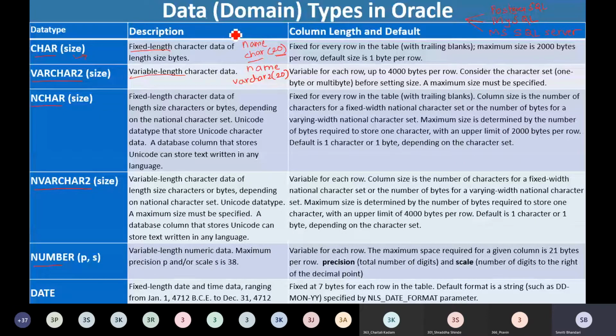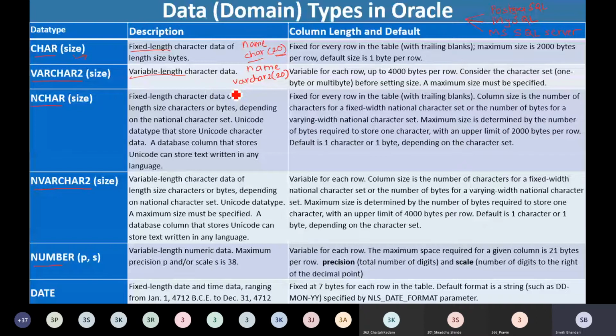Whereas varchar2, as I stated, allows us to use variable length memory. Meaning, if I am declaring the attribute with varchar2, then whatever the actual length of the string that I am going to store under the attribute, only that much space is utilized, right?